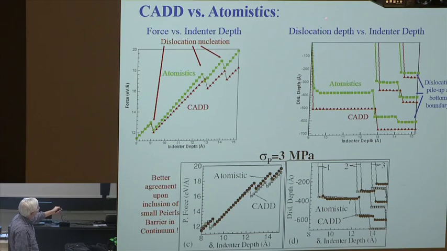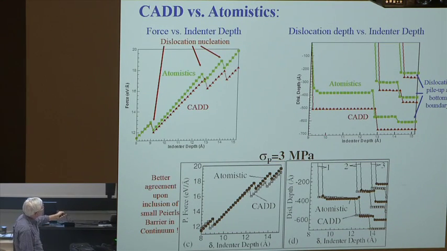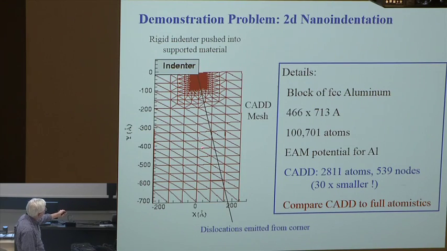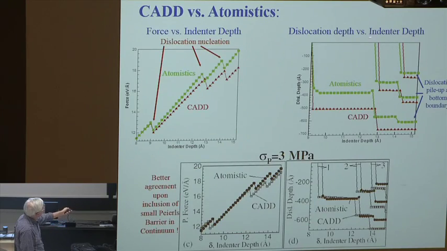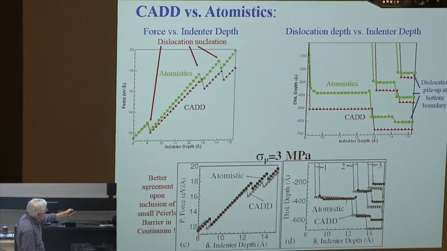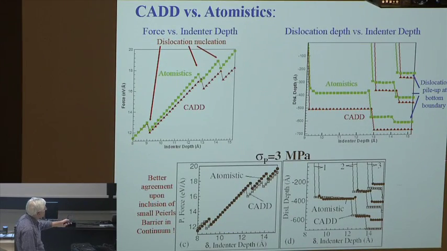And then the position of the dislocations, it's nucleated, and it comes and sits here. And the CAD says it sits here. We're a little bit off, but it's very sensitive to the applied stress. And if you realize that the atoms have a very small chiral stress, that it takes 3 megapascals to move the atoms, then if you add that in the simulation, you find that the dislocation position matches up. And back over here, that dislocation came out and sat right here. When the second dislocation nucleates, it pushes the first dislocation closer to the boundary. When the third one nucleates, it pushes the second and the third one closer to the boundary, and these are